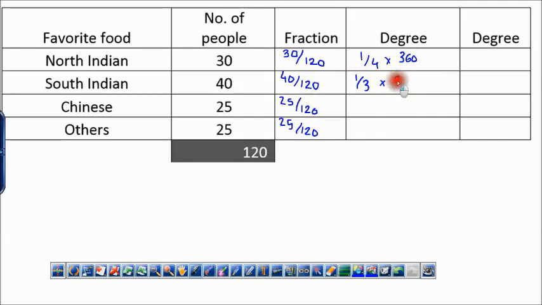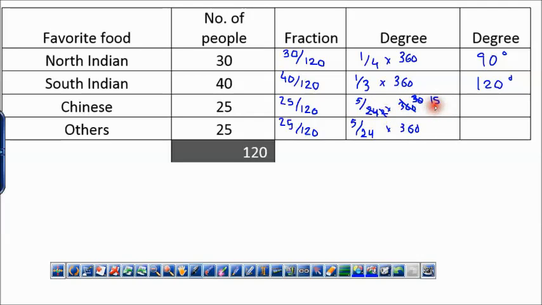ये 1/3 इंटू 360. 5 5 ज़ा 5, 24 ज़ा 5 इंटू 360. 4 360 90 डिग्री, 3 360 120 डिग्री. 12 2 ज़ा 12, 30 ज़ा 15, 5 ज़ा 45 डिग्री. नो, समथिंग इज रॉन्ग, ये 45 नहीं आएगा. 12 2 ज़ा 12, 30 ज़ा 2 15 ज़ा